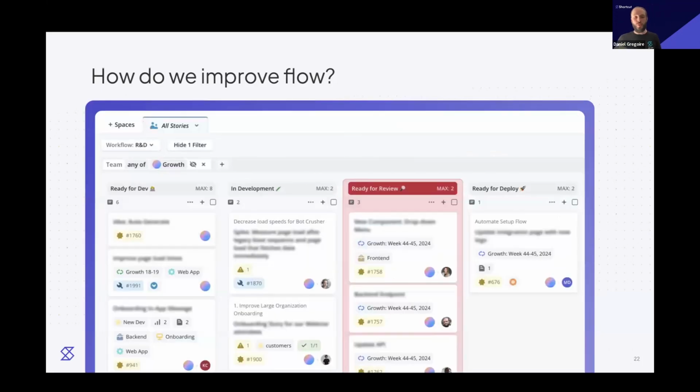So what does this look like when I'm doing work as a team? Here's an example of a board that shows these WIP limits in action. And so we see that the ready for review column, much like in that cumulative flow diagram, that CFD that we saw, we've exceeded what we said as a team we could take on for stories in ready for review. And the solution here might be one of many solutions, right? The value that Shortcut provides at this moment is this feedback to the team that a conversation needs to be